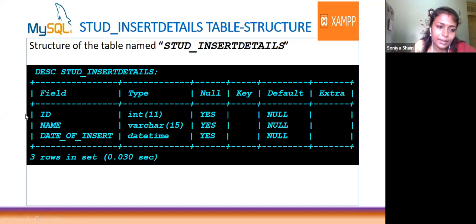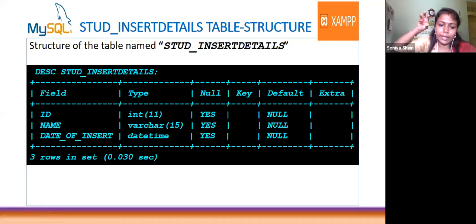What are the details? ID, name, the ID of the student, the name of the student, and date of insert. When it was inserted, date and time. What is the type? Datetime. Clear. So make clear the structure of the table. Student underscore insert details: ID is integer and name is varchar, same as the student table, same data.